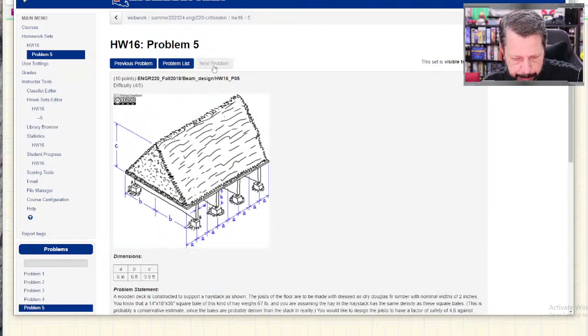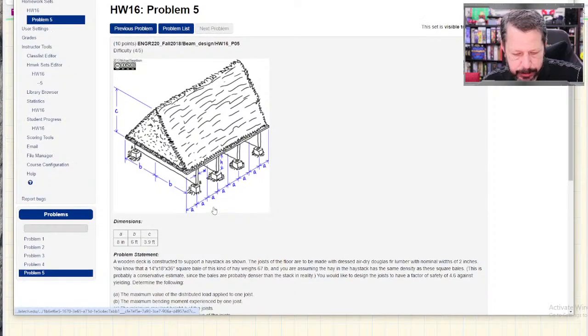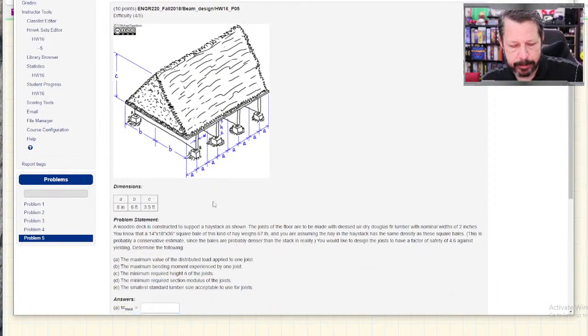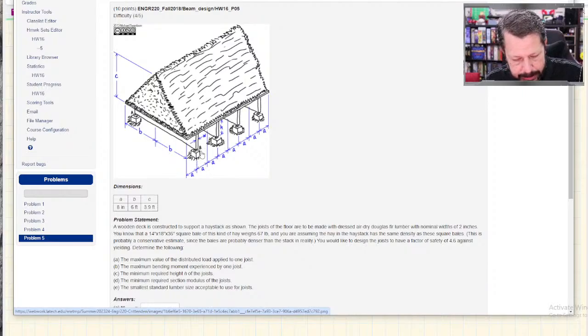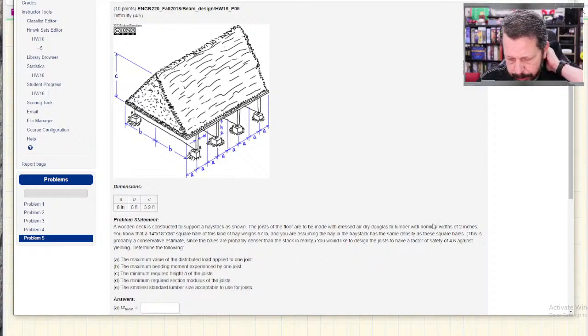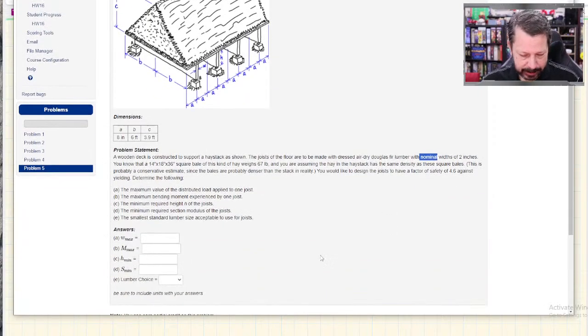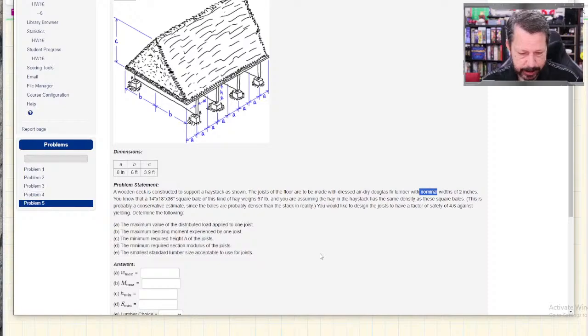Well, this one is more like a design of beam, but you'll notice the beams here are just rectangles. They're going to be easier to deal with. There's a little trick to this one. I'll go ahead and tell you that this part right here, this word nominal, is very important. So remember, let's see, is there even a note? There's not a note on this one. Remember,